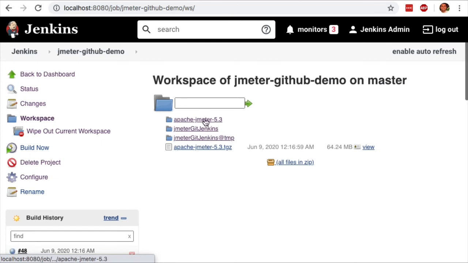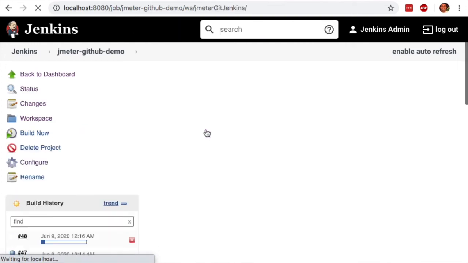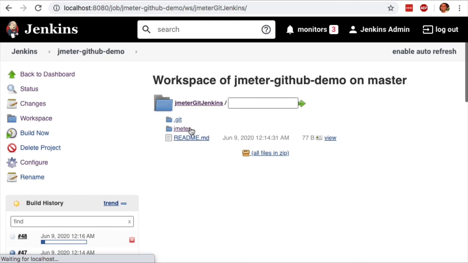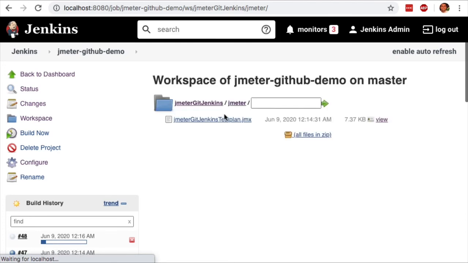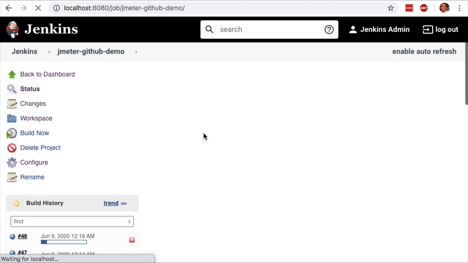and this is how the workspace looks. So remember how we said extract the repository in a subdirectory? So this is that subdirectory, and these are the contents of that subdirectory, and our JMeter script is inside this folder here, and that's the JMeter script. I'm gonna go back,